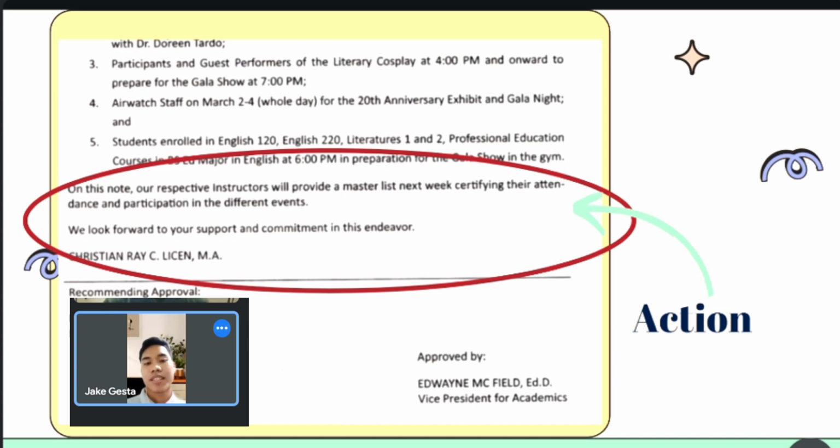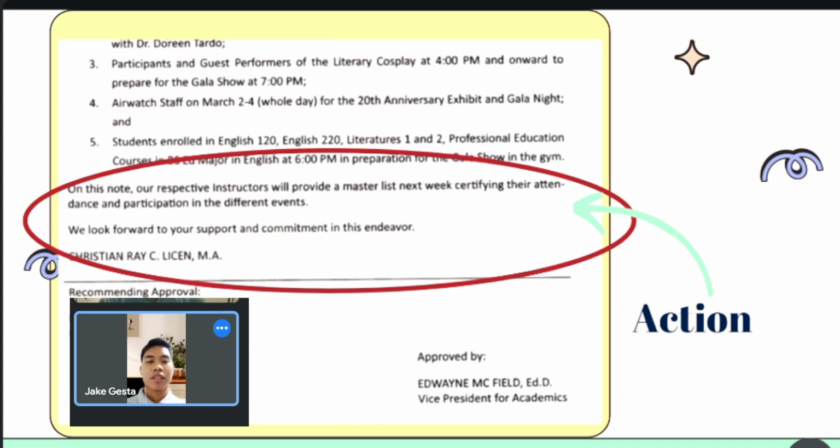Fourth is submitting weekly progress reports to HR. Fifth, achieving full compliance with the new system by a set deadline. The purpose of detailing actions in a memorandum is to provide clear guidance and ensure accountability among participants.